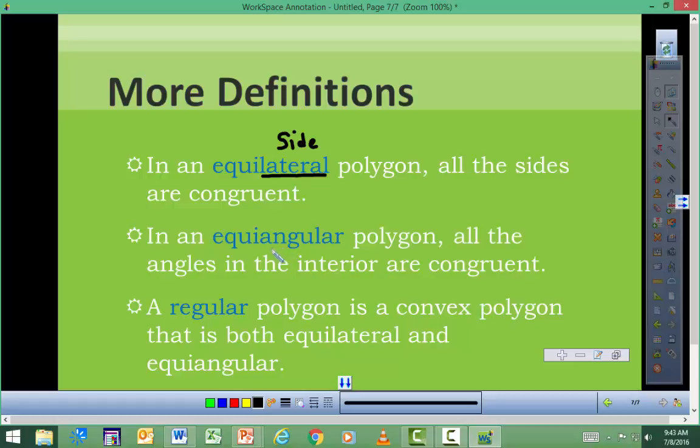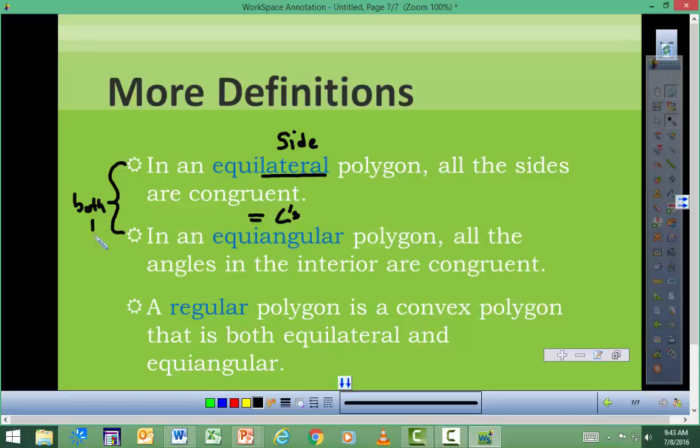And you can probably guess what this one is. Equiangular. Okay, so this just means you have equal angles. If all the angles are equal, then you have an equiangular polygon. Now, it turns out if you have both of these scenarios, if you have both, then we have